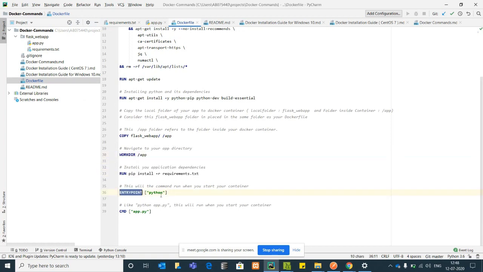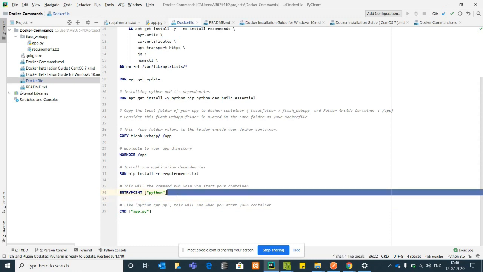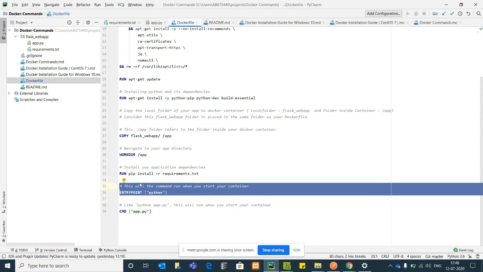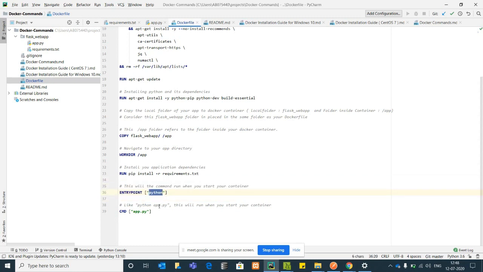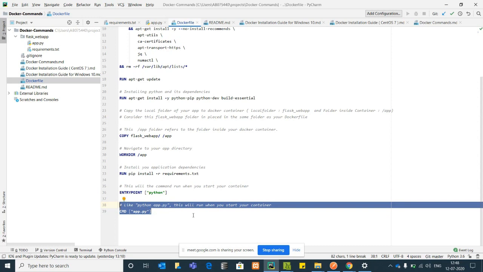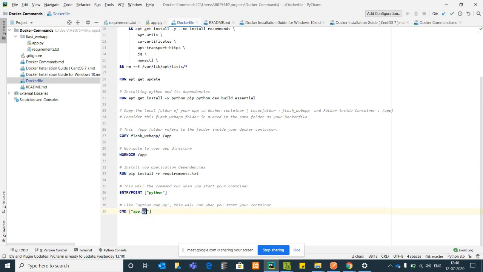So ENTRYPOINT is basically a command: the first command to run over there is python, and to that, the CMD means whatever the parameter, the standard input argument, is the app.py file. Suppose you have a different app2.py file and you pass it from the command line, like we gave it for sleep 20, where sleep 10 was replaced with sleep 30.